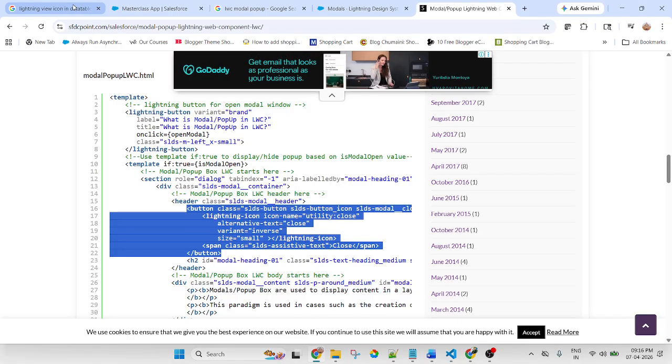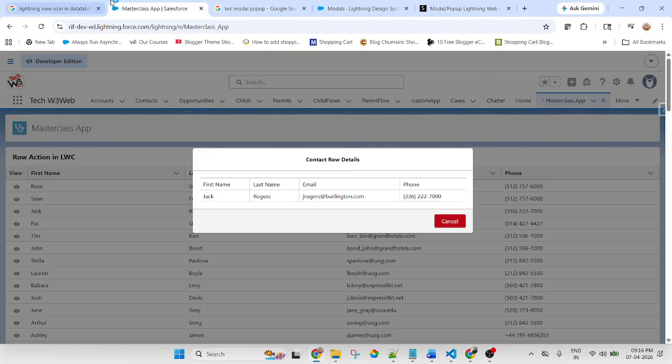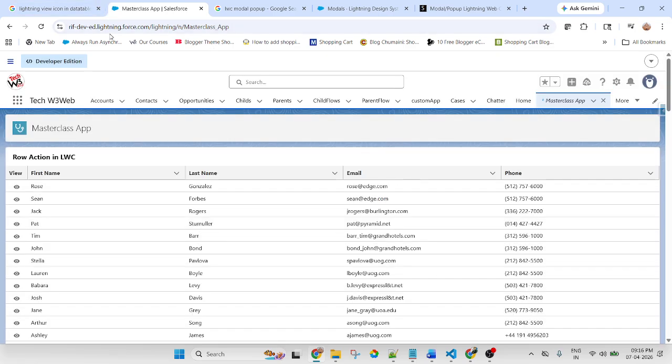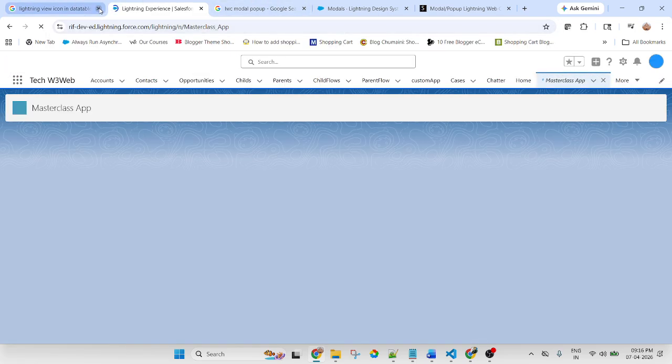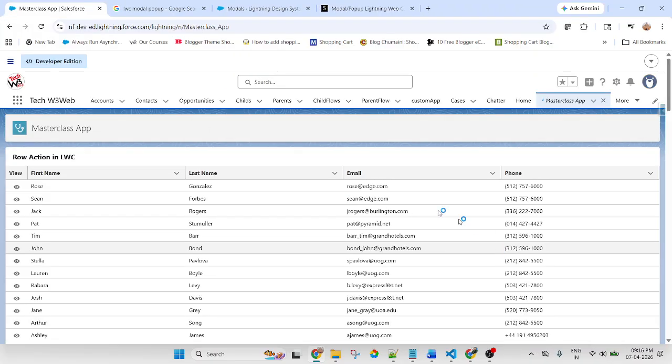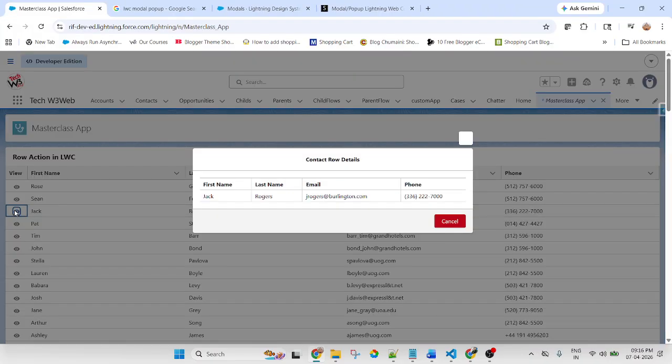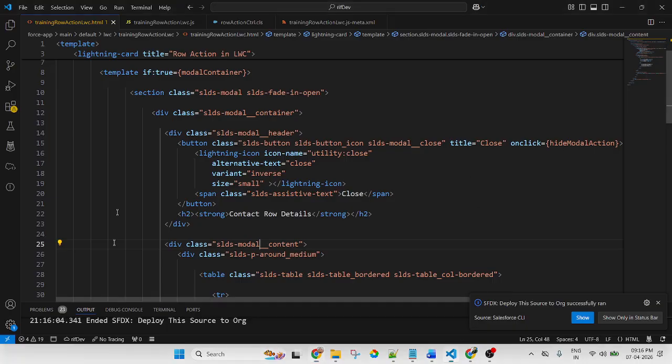Okay, now go to my component. Now let me click. You can see I can display it, but the cross I cannot see. Let me check once again.